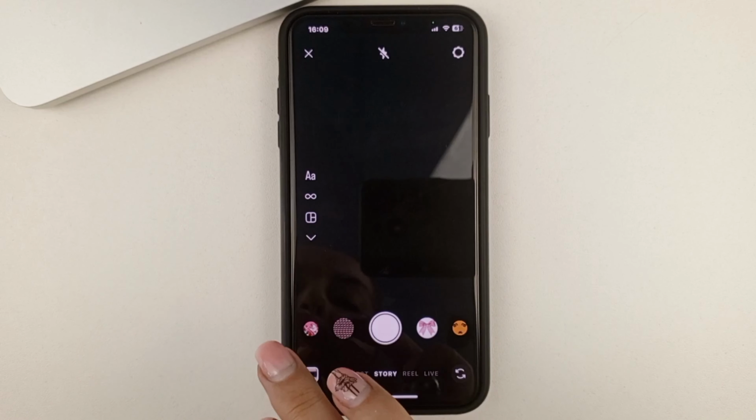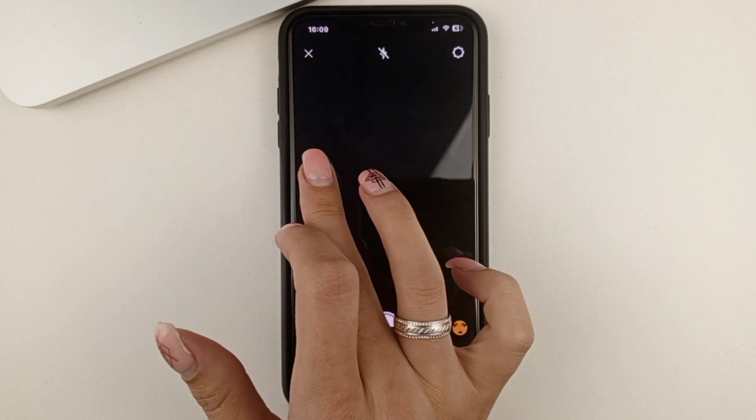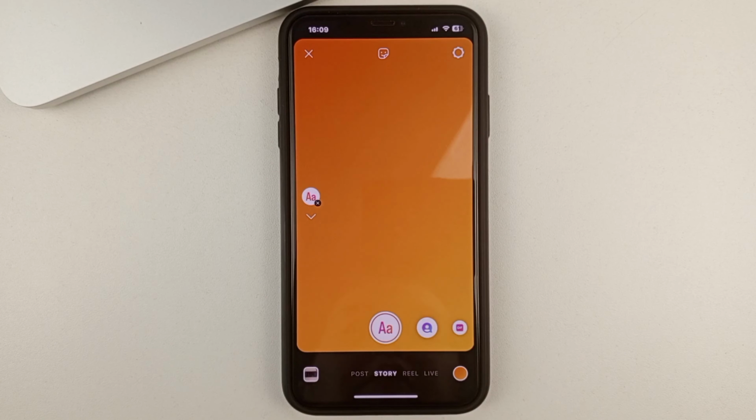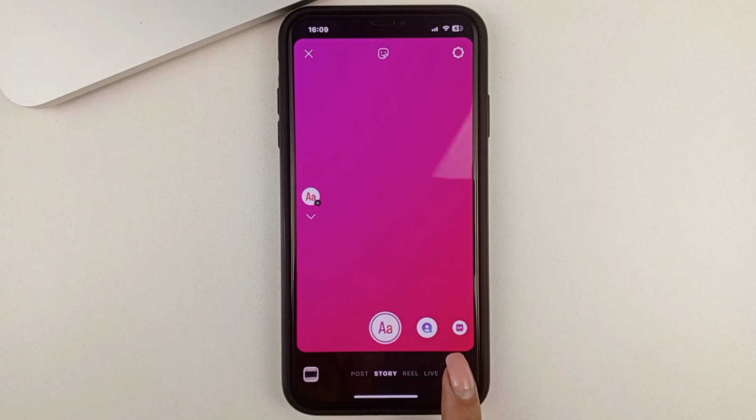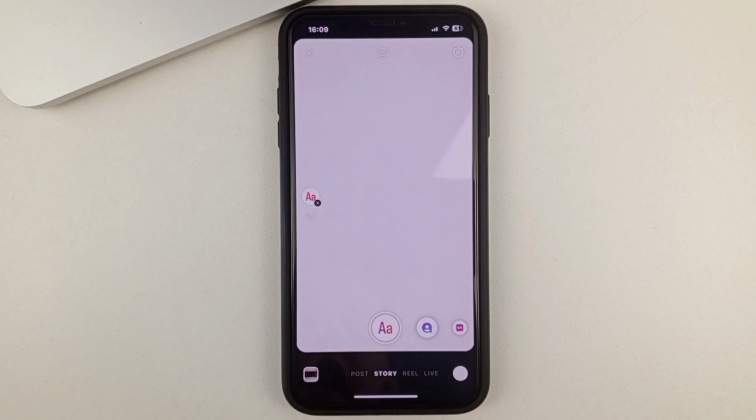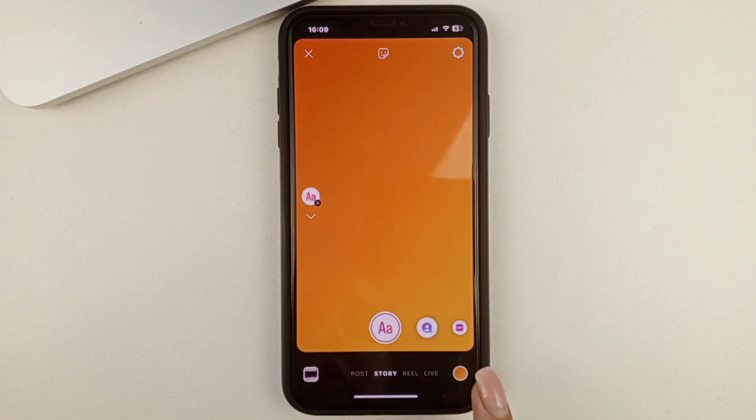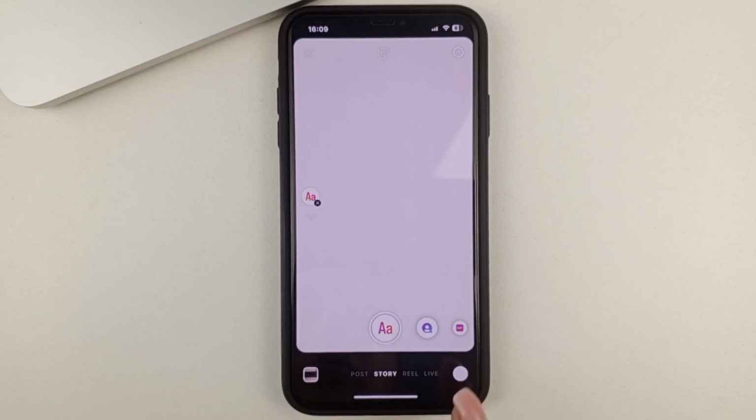And now we're going to tap in this row of signs on the very first one, the letters. And as you can see, we go to the backgrounds. In order to change the background, you have to click on this button down here in the right-hand corner. And as you can see, that's how you change the backgrounds. And now we're down to the white background. You can choose absolutely any one that suits you.